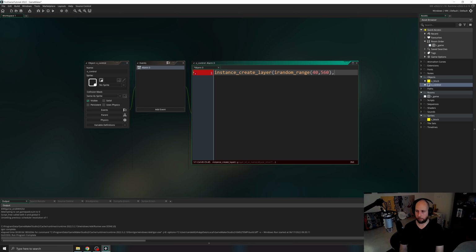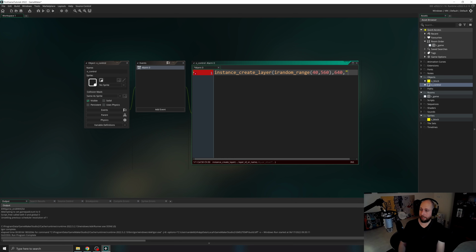So let's give it a number below the bottom of the screen. Now the screen is 600 pixels tall. These are 40 pixel tall blocks. We want to make sure it's nice and low underneath. So if we just put 600, we would see the top 20 pixels of the block because we put the sprite's origin at the middle. So let's give it a Y position of 640, which is underneath the game screen, comma,